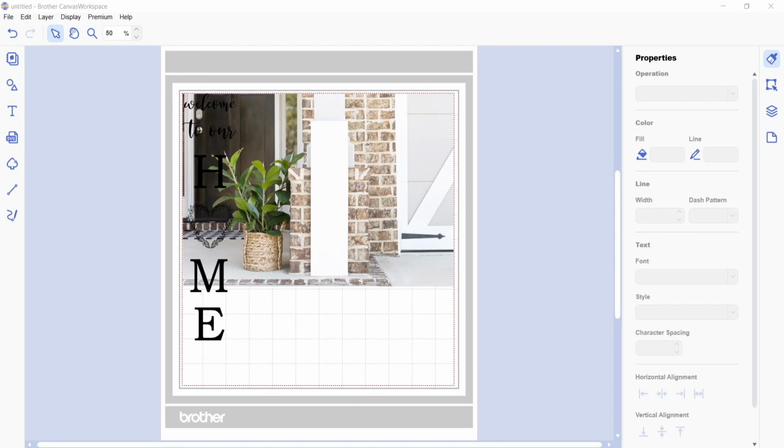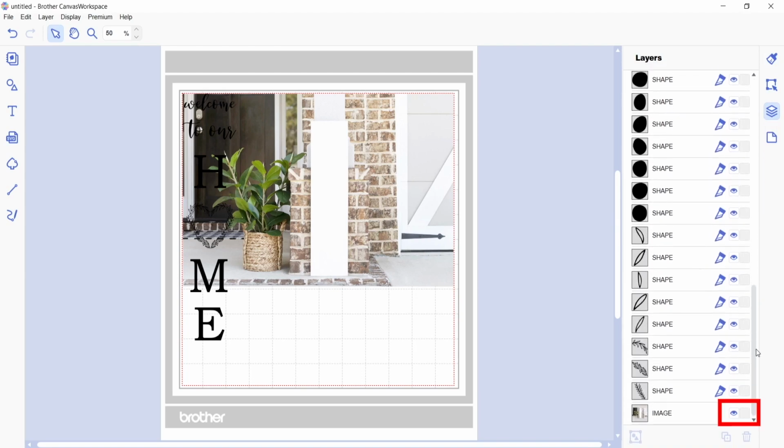So from here on out, now I don't need to make any more edits to the actual photograph itself. So to make it easier on myself, I'm going to lock it so I don't accidentally click on it and move it around. So go into the layers panel and scroll down to the image here at the bottom and click this empty box, and the lock icon will appear. And that just means that as long as this lock icon is engaged, then I can't click on or make any edits to the image because it's locked,